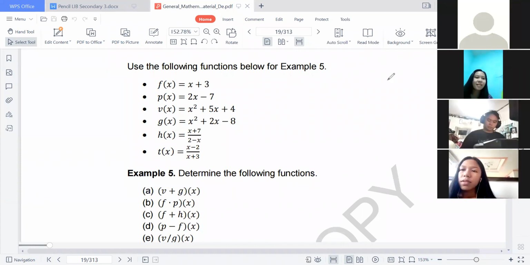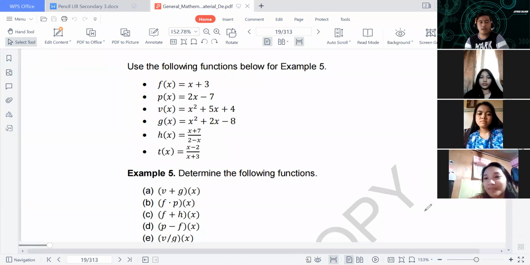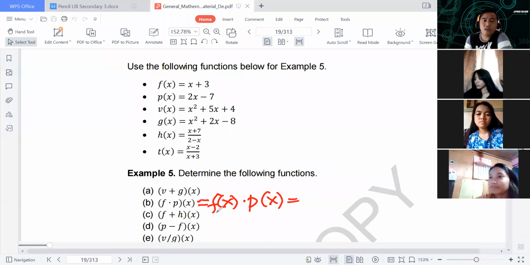Okay, let's continue with the next example. The next one is f times p of x. As defined a while ago, it is just f of x times p of x. Your f of x is